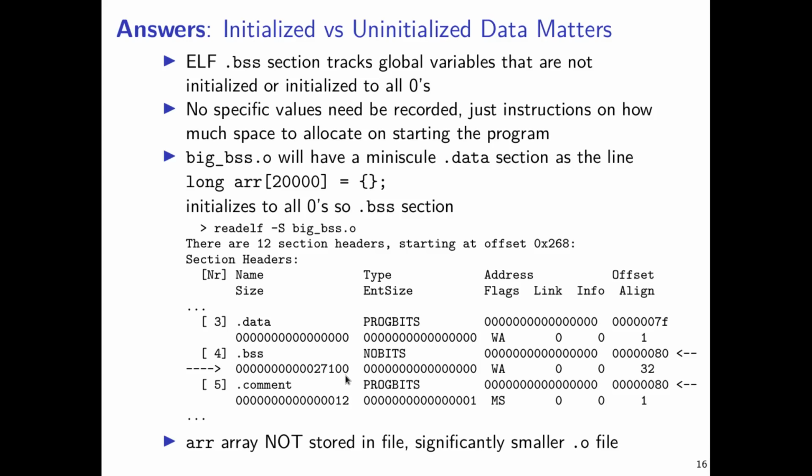That's another 160,000 bytes. But because the BSS section is implicitly filled with zeros, the very next section starts immediately after that, as in it's this other ELF section for comments. It's the case then that this thing takes almost no space in terms of the .o size, and explains why there is such a big difference in the overall disk space utilization of big BSS, which is relatively small, versus that big data